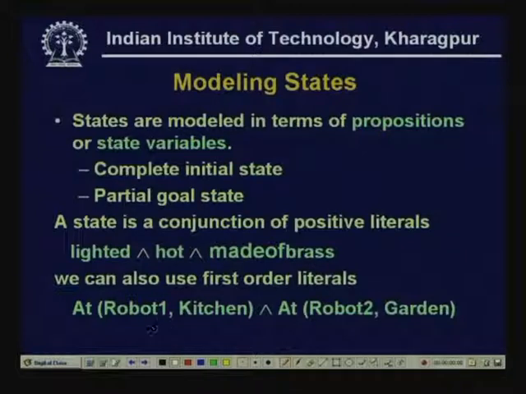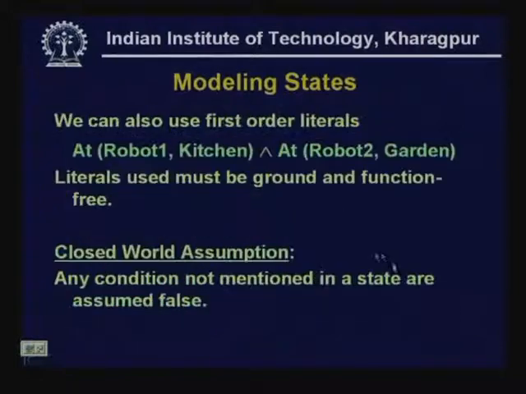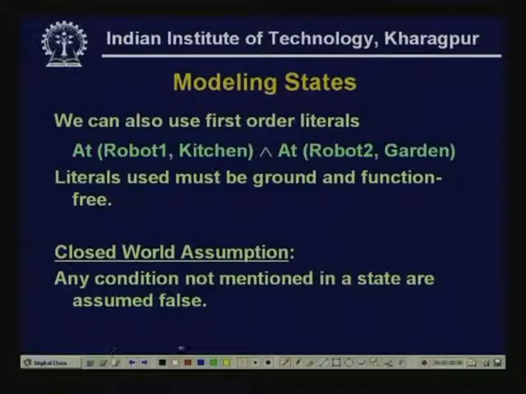So we allow first order literals to be used to describe a state, but these literals must be ground literals and they must be function free. So literals must be ground and function free, which means that we cannot use